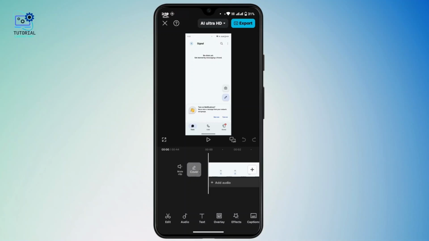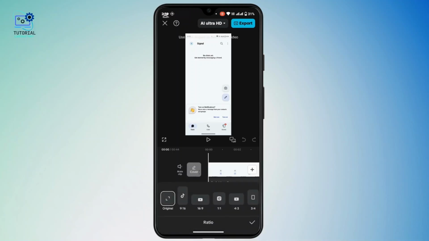First of all, open up CapCut on your mobile device and select the project. Then you have to import the video that you want to add into your YouTube Shorts. Once you're on this editing page, now you have to edit your video in order to fit the format as YouTube Shorts require a 9:16 aspect ratio. So in order to change the ratio, now search for aspect ratio, and here it is, tap on aspect ratio. So for the YouTube Shorts, you have to select 9:16, select it, and once you have done that, tap on